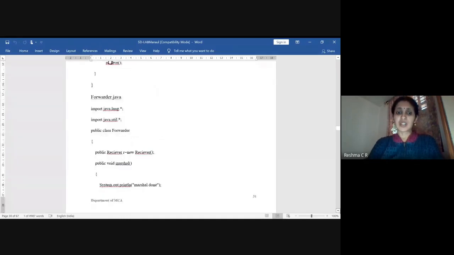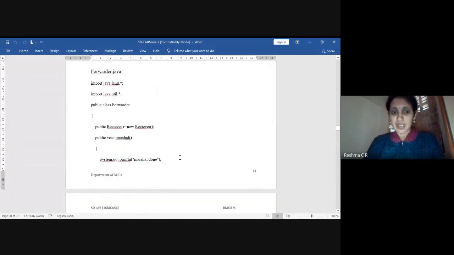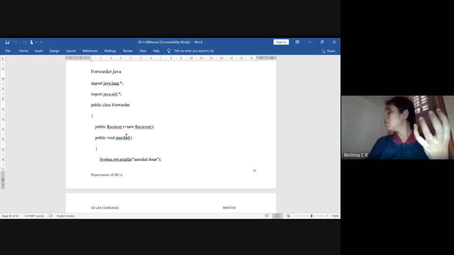The next thing is the forwarder class. In the forwarder class, we are creating the object for the receiver class. What will the forwarder do? The forwarder will marshal all the messages, and it will just print that the marshalling is done.